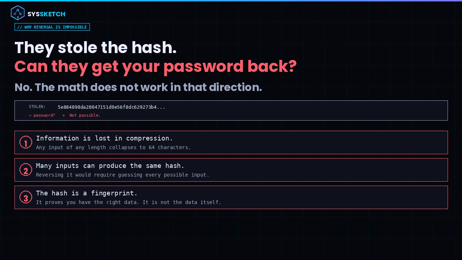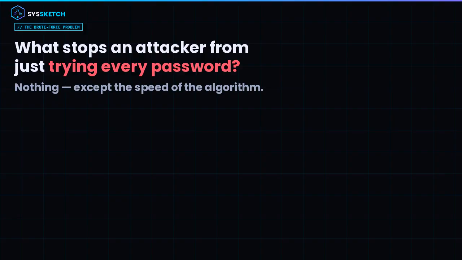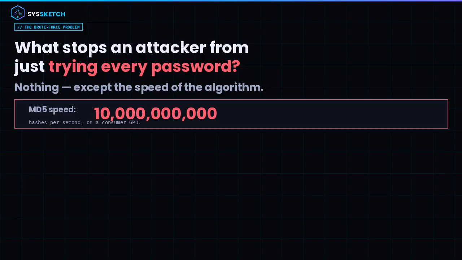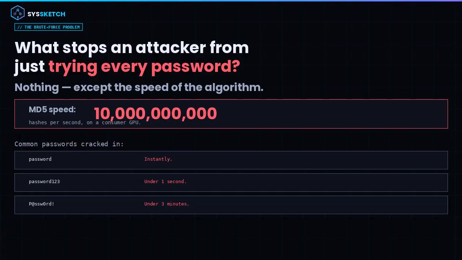But wait, what stops an attacker from just trying every possible password and seeing which one produces a matching hash? This is a real attack, called a brute force attack, or more specifically when using pre-built tables, a rainbow table attack. It is exactly why the choice of hashing algorithm matters enormously. Early websites used algorithms like MD5 and SHA1. These are fast, dangerously fast. Modern hardware can compute billions of MD5 hashes per second. An attacker with a powerful graphics card can rip through enormous lists of common passwords in minutes.